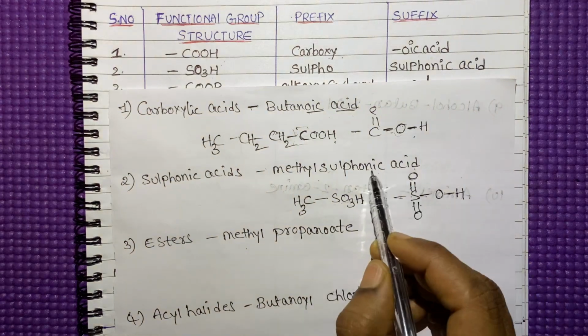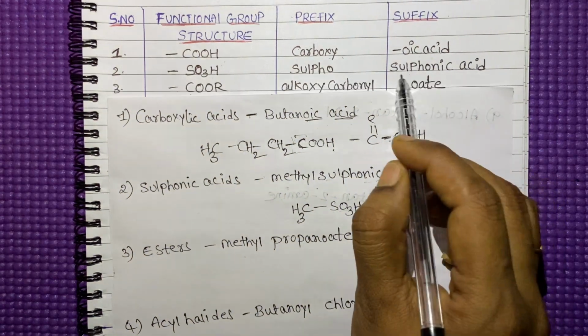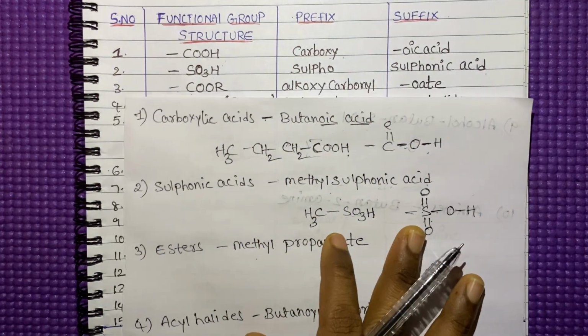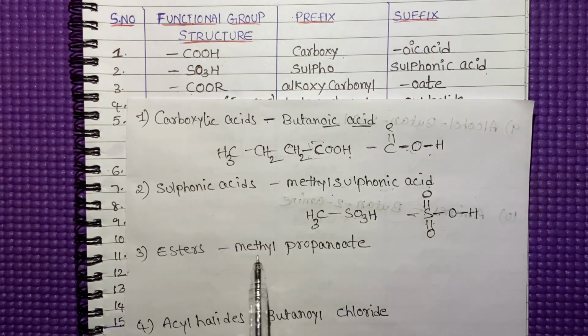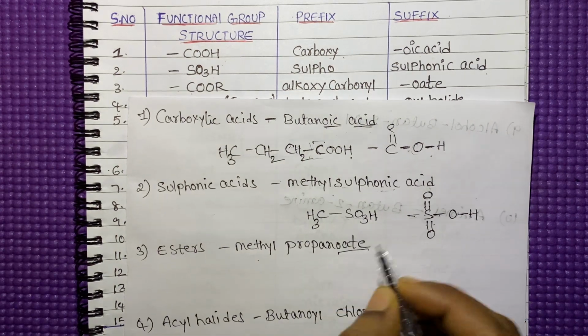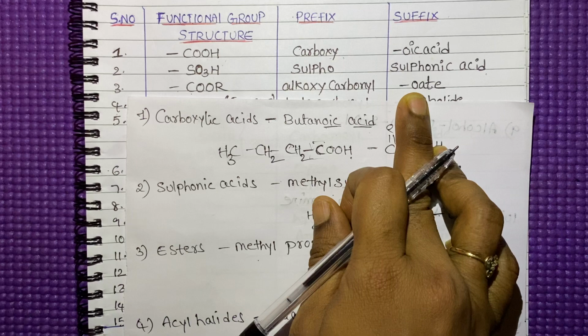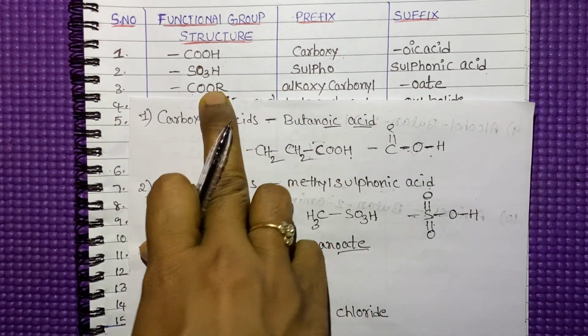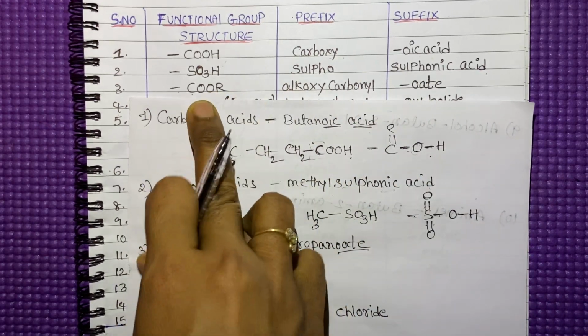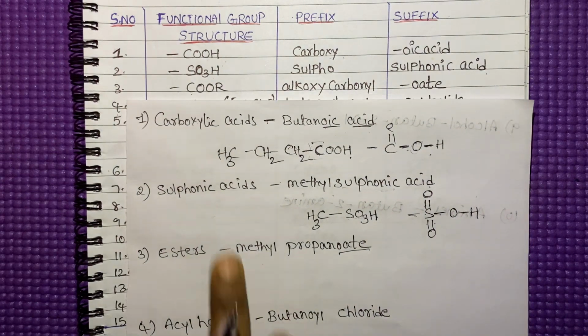See here the suffix we used, sulfonic acid. Now we'll go for the esters. Here I am taking an example for the ester, methyl propanoate. See here, it has "oate", so we should know that this is an ester group. The formula is